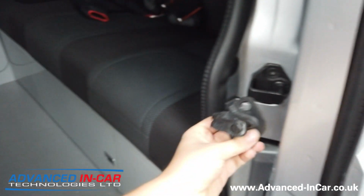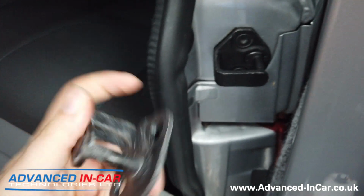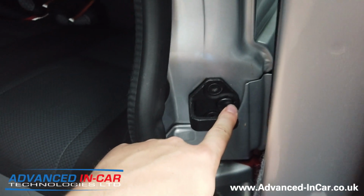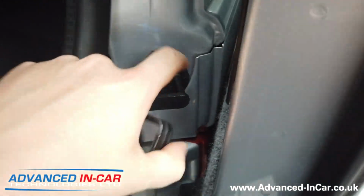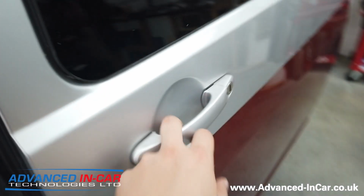But just so you can see the difference between the two striker plates. This one has got a fixed pole just in here, and this one has got one that pivots. So when the vehicle knows that the door has closed and it's got the signal from the BCM, this spins and pulls it in. So what we'll do is we'll just...